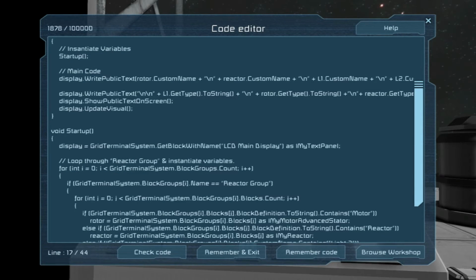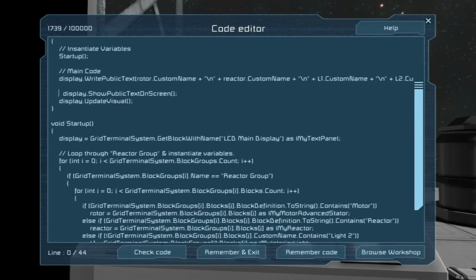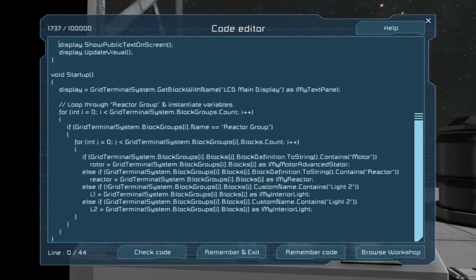So what we could do, you're not going to see anything different here, because it's essentially going to do the same thing. But what we could do is say, instead of block definition, we could say GetType. And then instead of contains motor, you could do the full MyMotorAdvancedStator.